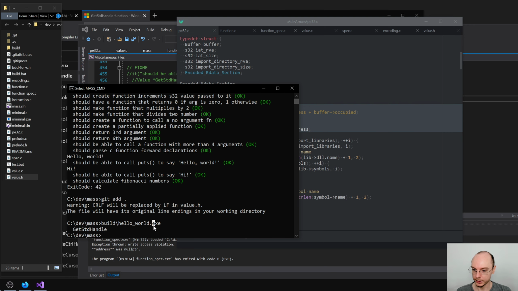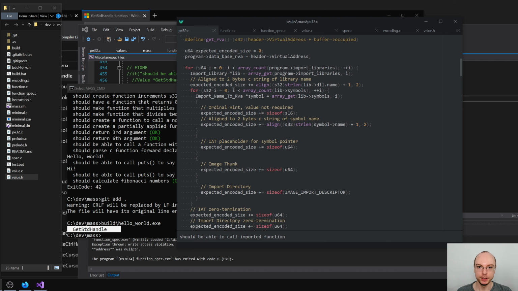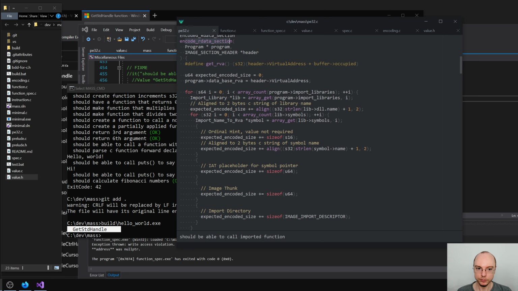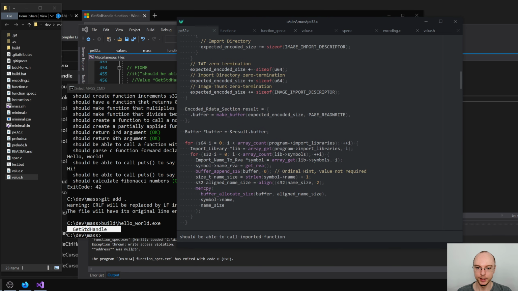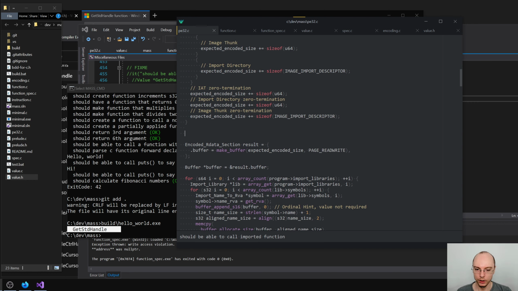So we are outputting exactly how many bytes we said we need to output for the whole world, but those are the wrong bytes. And the reason they are the wrong bytes is because when we encode our data section, we are not actually taking into account the data that we have already there, right? That we accumulated. So we need to do that. And the way we would do this, well, first of all, we need to update encoded size and say expected encoded size plus equals